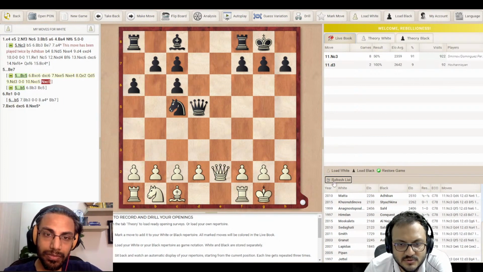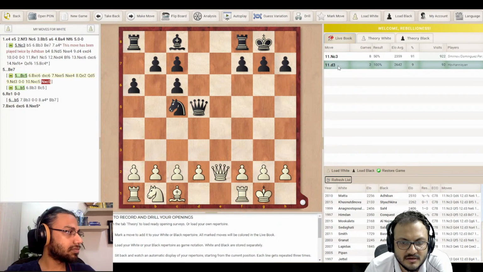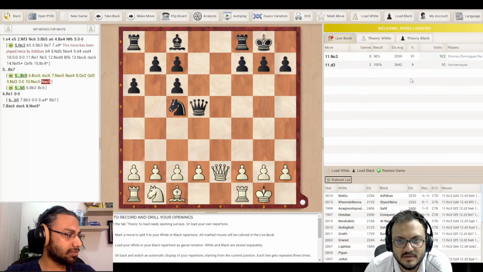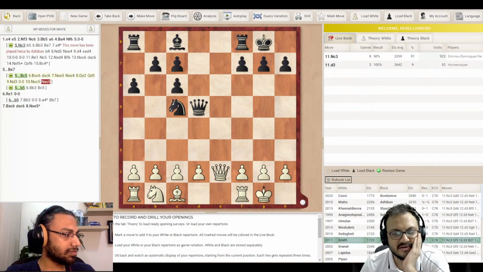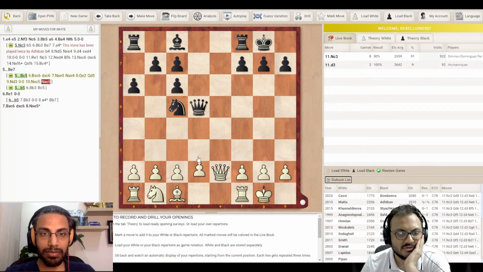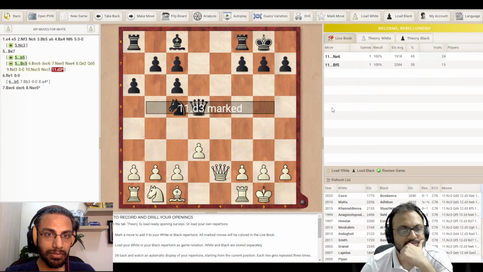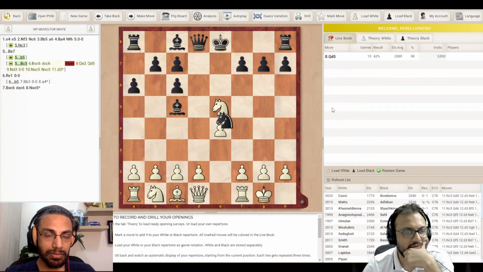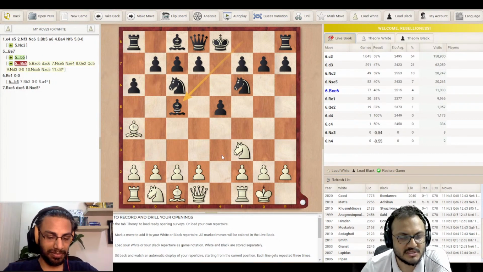Sometimes in such lines you find some interesting ideas, although here no top player has played it. But you see here, d3 has a 100% score, 2 games. But it's not like very strong players have played it. So you can maybe play d3, and this is one line. Okay, so bishop c5, maybe we have no option but to transpose into